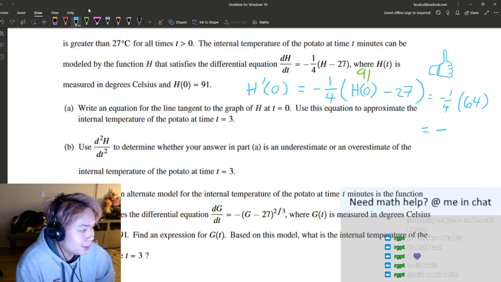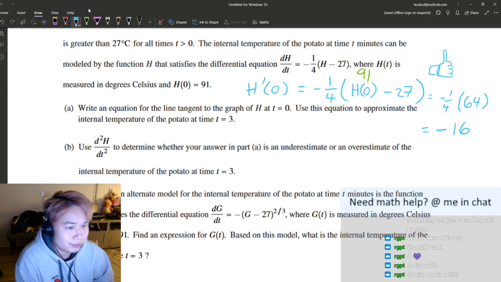And then 64 divided by 4 is 16, plus 6, 16? Negative 16? Sure. Okay. So then your equation of your tangent line at t, I guess, is y is equal